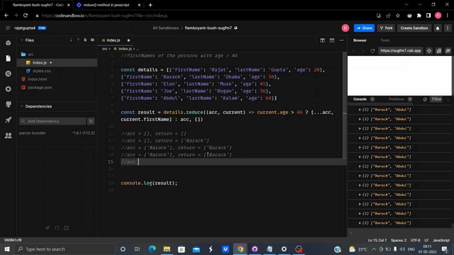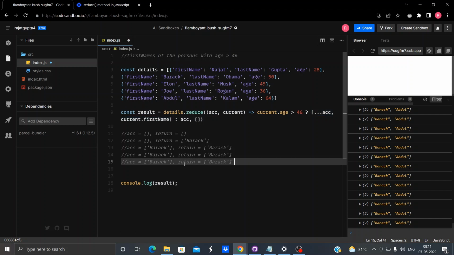Now for the next iteration we'll get this last element. First let me write this accumulator. We'll see, is current dot age greater than 46? Yes, it's 64, and 64 is greater than 46. So return this.